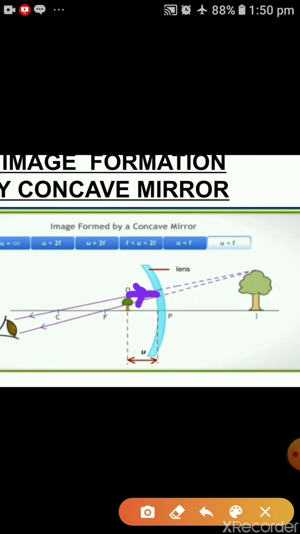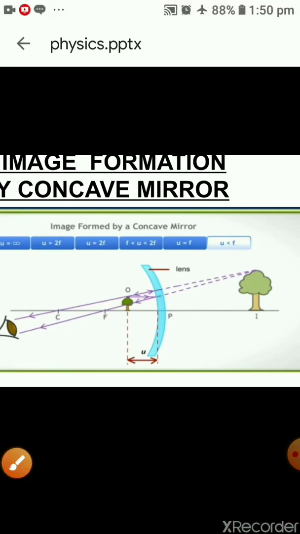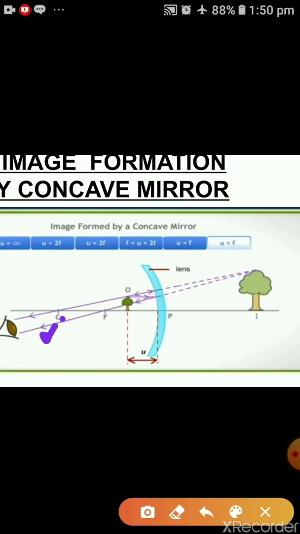So this will be the incident ray. This arrow is important here. As it is striking the mirror surface, after striking the mirror surface, it is reflecting. And you know, this is the first rule: whenever a light ray is parallel to the principal axis, it reflects from focus F. So this is our first reflected ray here.